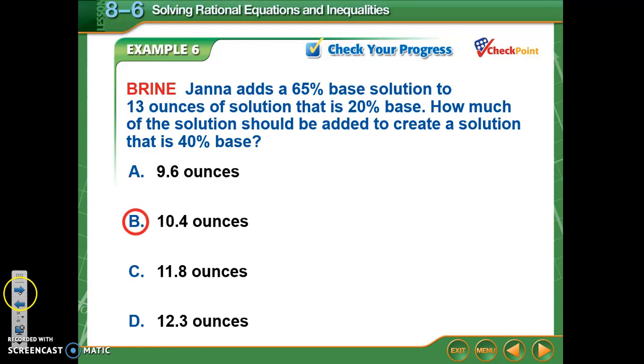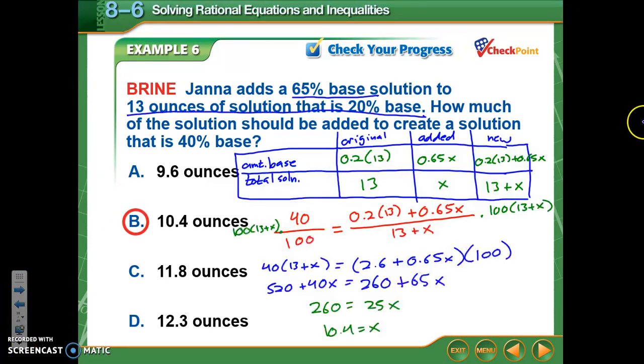Your answer here is B, 10.4 ounces. And here's all of the beautiful work for that one. It's very similar to the last one in my table. I have the amount of base over the total solution because the percentage base needs to be 40. And I get that by taking how much base is there in my solution over how much total solution do